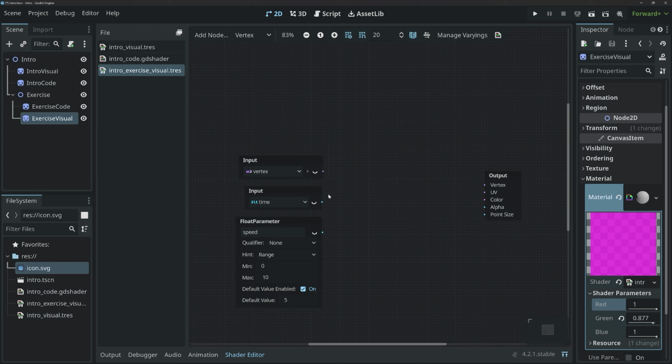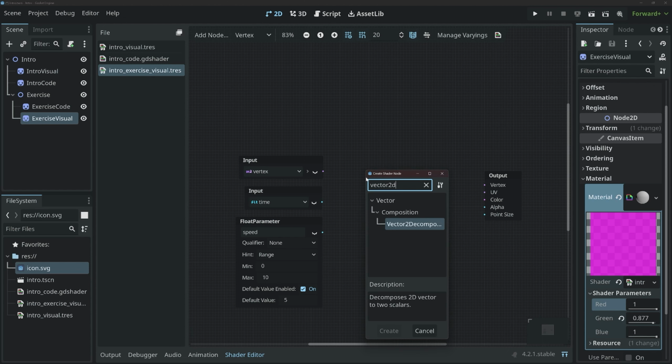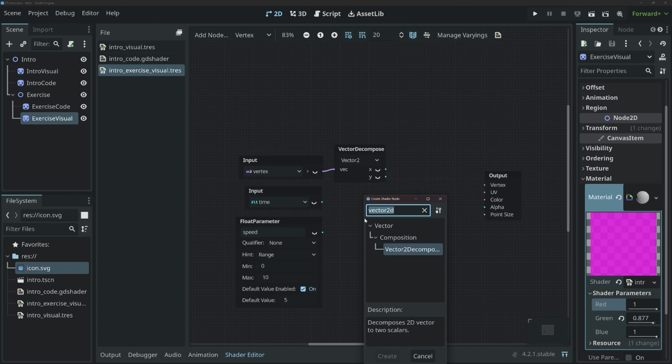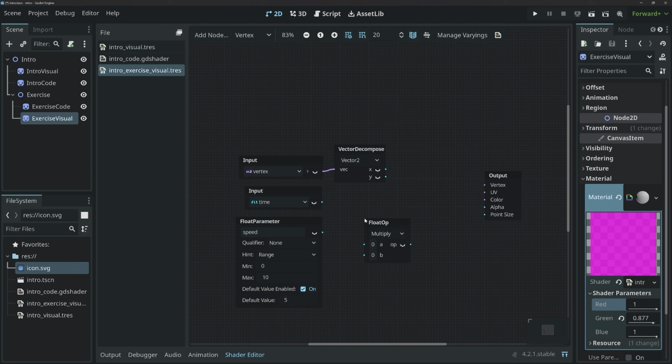We just have to figure out how to use them. And first of all, I want a vector decompose node for the vertex position. So paste it in there. And now we have x and y. To each of those values, I want to add the time multiplied by the speed. For which, first of all, I have to multiply these two values, which I'm doing with a multiply node. I just get the values from both of them,